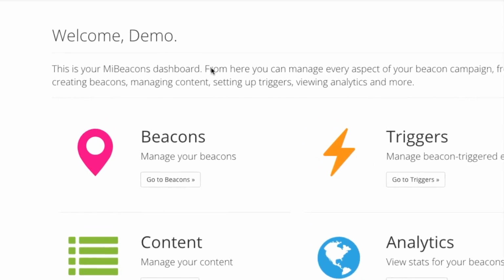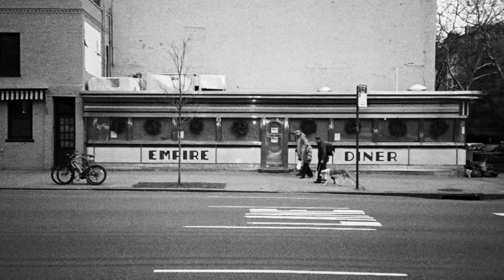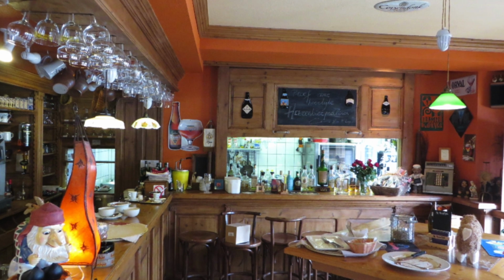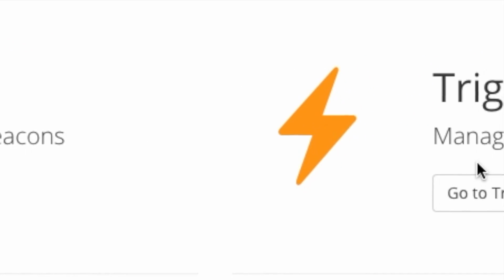In order to do that, we could set up 2 beacons in the particular restaurant, so one outside the restaurant and one deeper inside the restaurant. We could then set up a trigger here to say that for these particular 2 weeks between 11 AM and